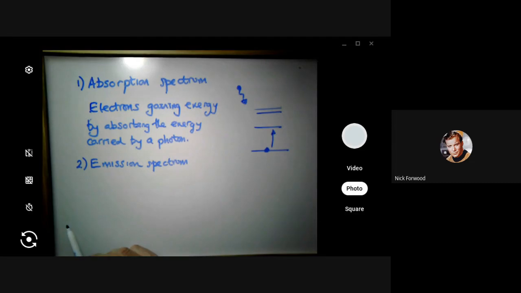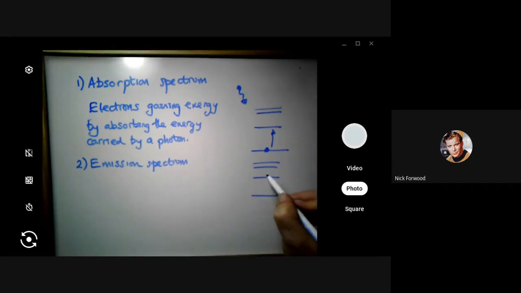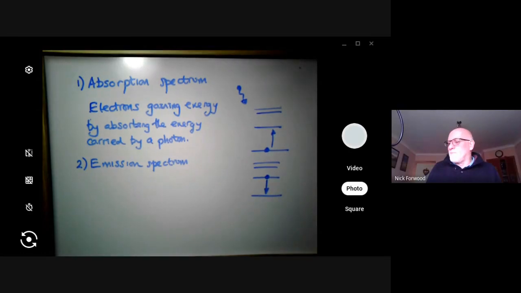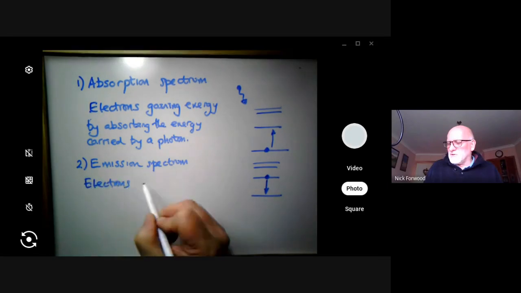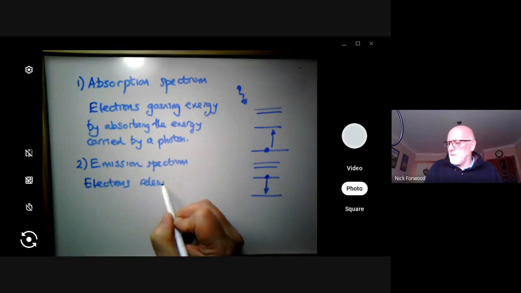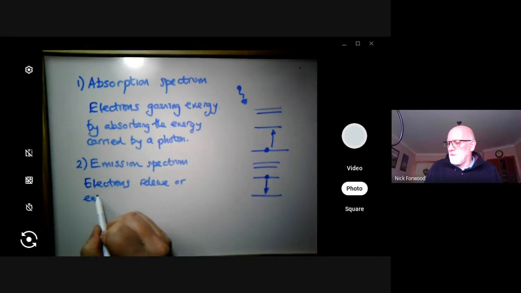Well, it's actually caused by, we'll go back to our model of our electrons. So let's say we've got an electron here. What happens is energy is given out when an electron goes back down a level. So I'll say that electrons release or emit energy,